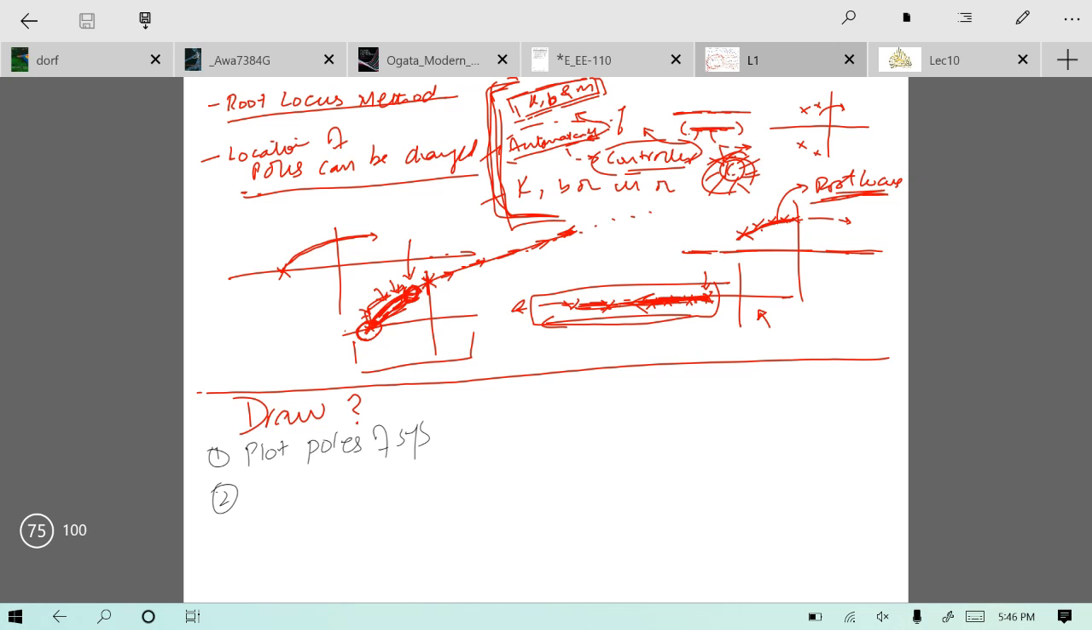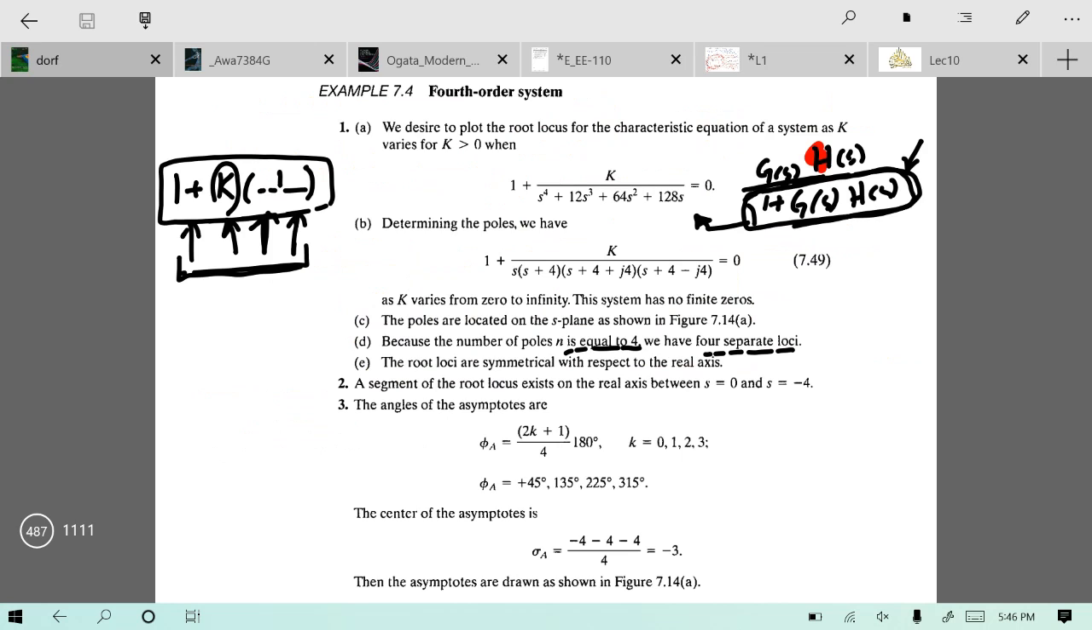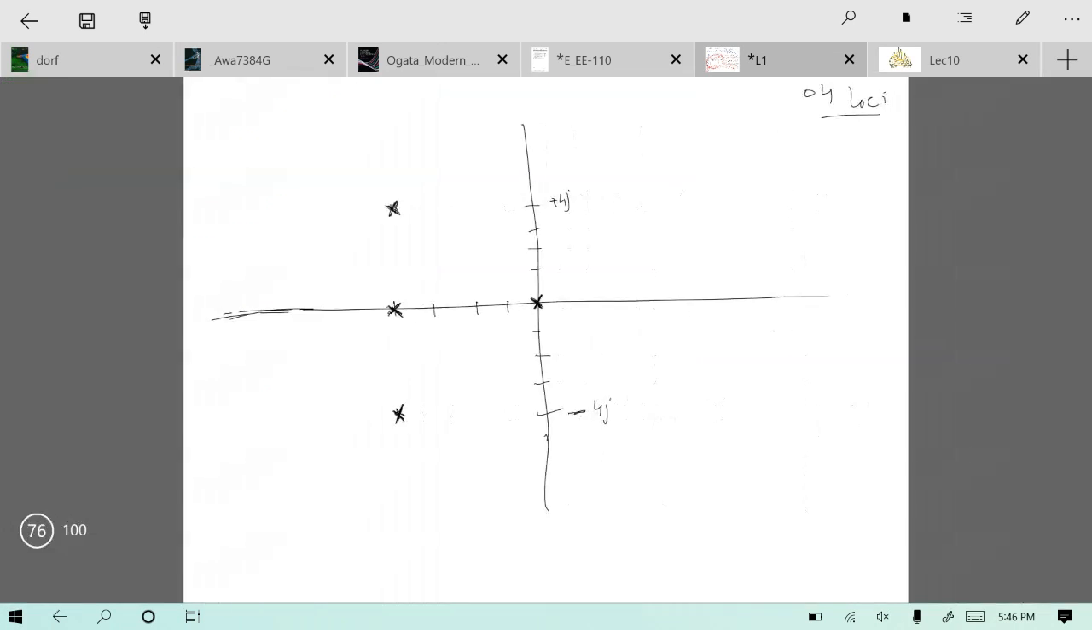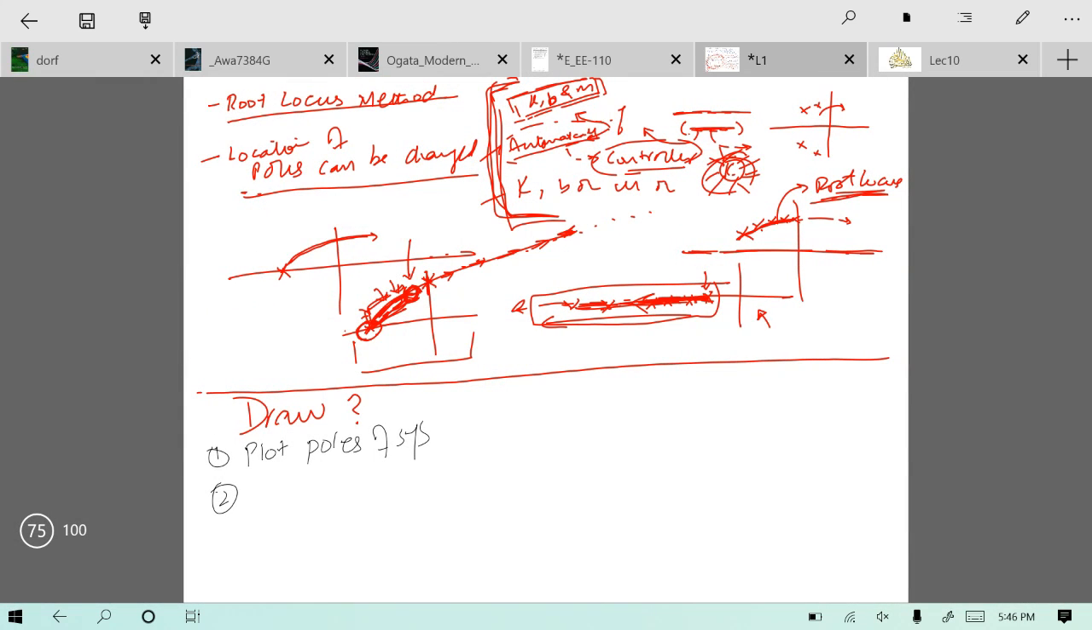What is the second step? Once you have drawn or plotted the poles of the system, segments of root loci exist on the real axis between s equal to 0 and s equal to -4. Yes, it means that if you have